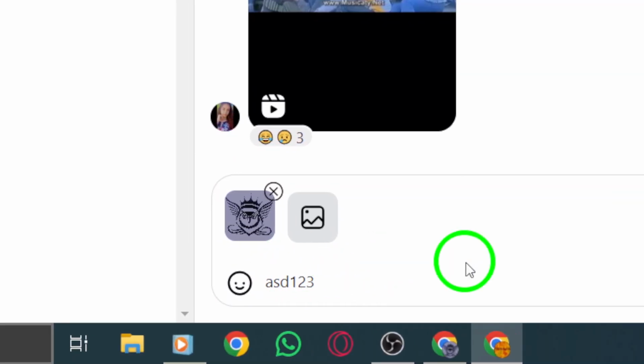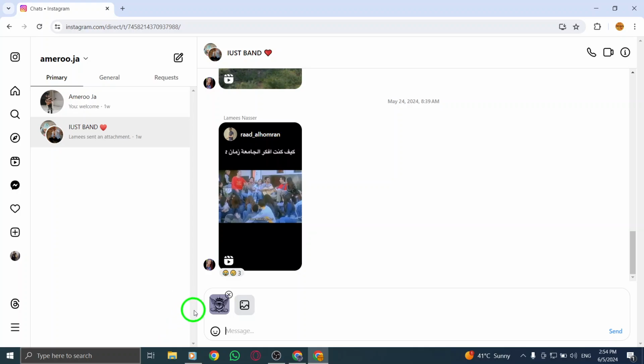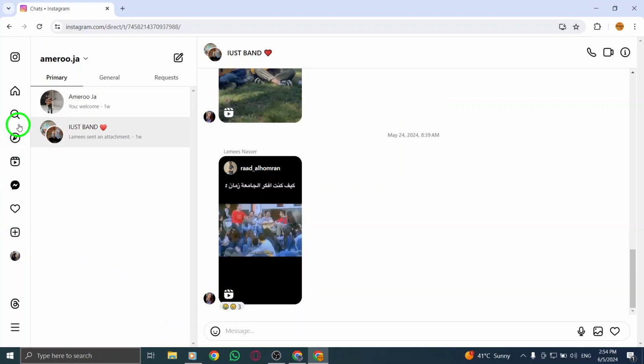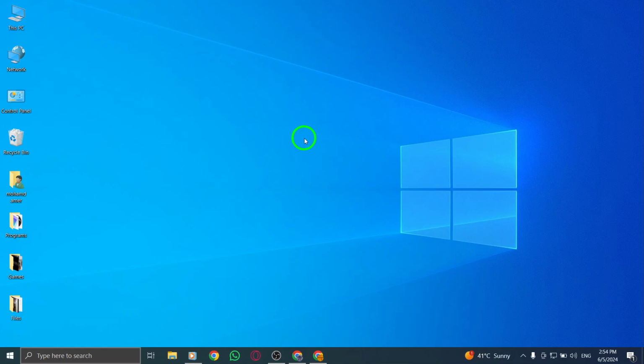Step 5. Once you have written your message, click on the Send button to share the picture with text in the Instagram group chat. By following these steps, you can easily send a picture with text in an Instagram group chat on your PC. Enhance your group conversations, share moments, and connect with your group members through visual content and